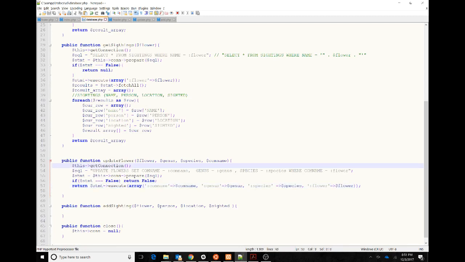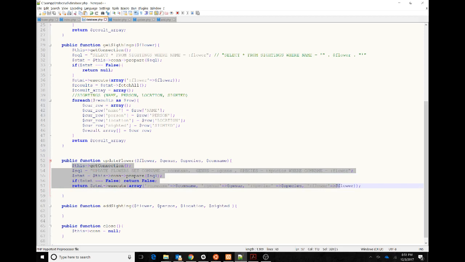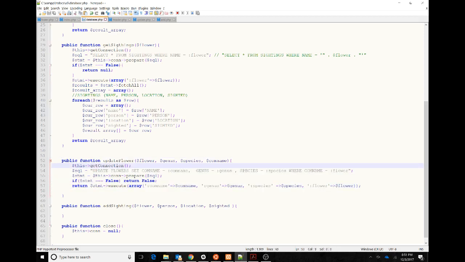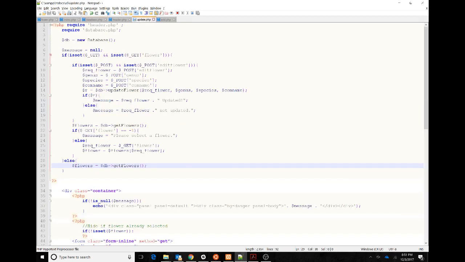For add, it's going to be the same exact thing. Like I could write this code. For add, you just do the same thing you did here, except you change it to insert, sightings, the parentheses, the values, and then you prepare the statement, and then you create the URL. So it's pretty much exactly the same. Get the flowers, and then you get the information from the database. You use insert, and you could do a message like,